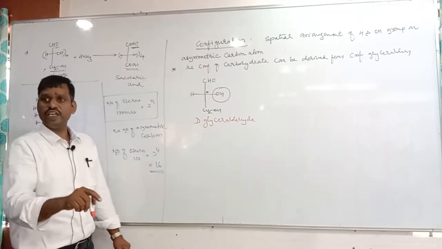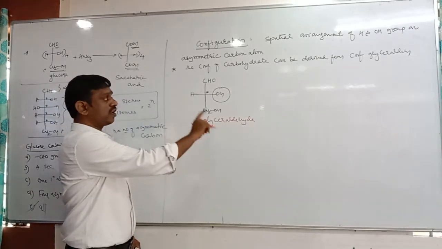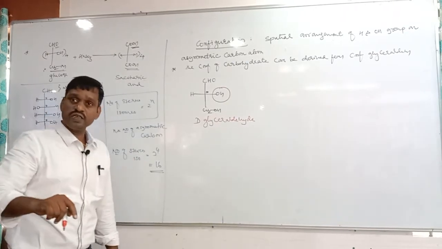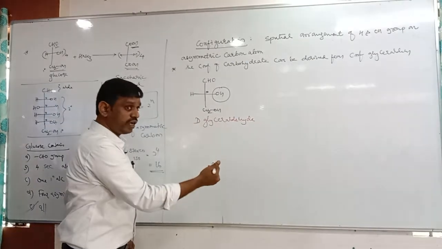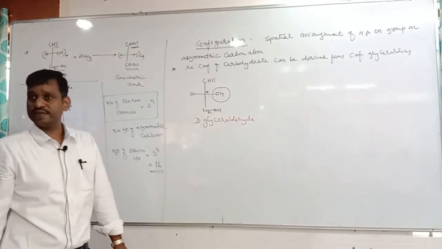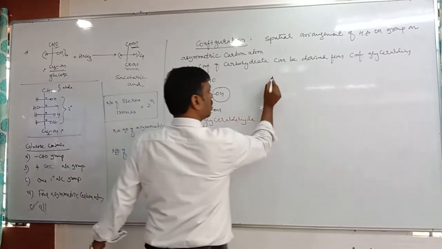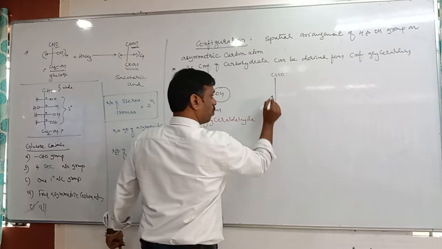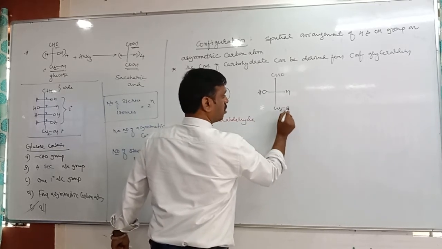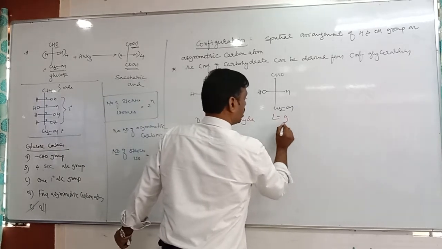Okay, then what is the meaning of D? D has no particular meaning. D means on the asymmetric carbon, if OH is on the right side, it is D-glyceraldehyde. Like that, even in case of carbohydrate, if the OH group is present on the right side, it is called D-carbohydrate. Then what is L-glyceraldehyde? Yes, if the OH group is present on the left side on the asymmetric carbon, it is called L. So this is a capital L glyceraldehyde.